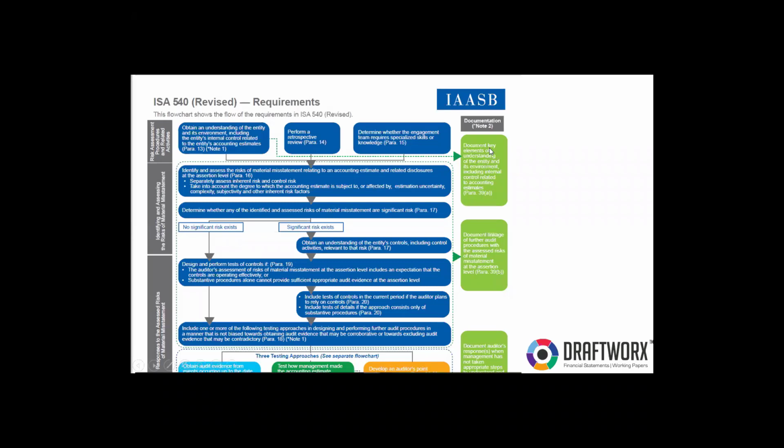And here on the right-hand side, you'll see in light green, there are documentation requirements listed there. So there are lines drawn. You see those dotted lines from the requirements here in the middle to where it links up to the documentation requirements. So it's really a handy summary. So if you need to quickly revise again on the standard, go to this flowchart first. It is very handy. You can find that on the IAASB website.